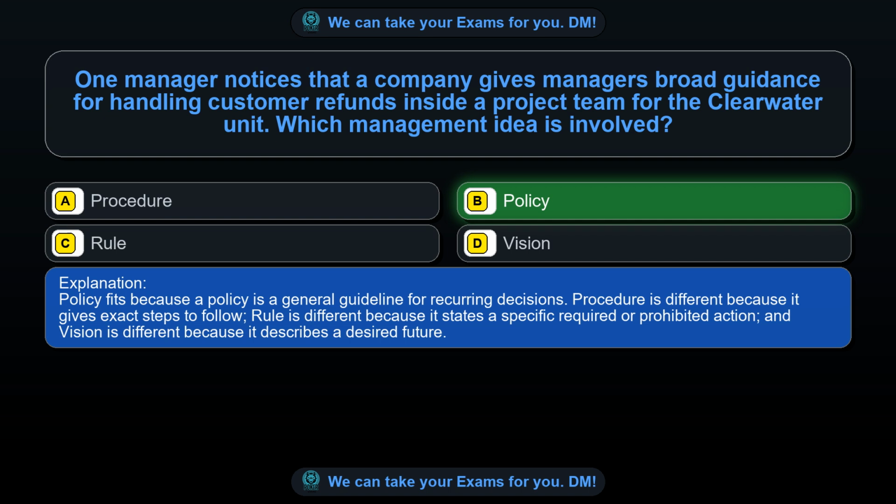Policy fits because a policy is a general guideline for recurring decisions. Procedure is different because it gives exact steps to follow. Rule is different because it states a specific required or prohibited action, and vision is different because it describes a